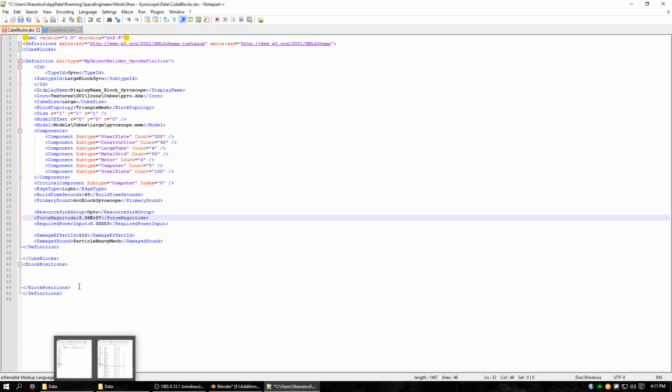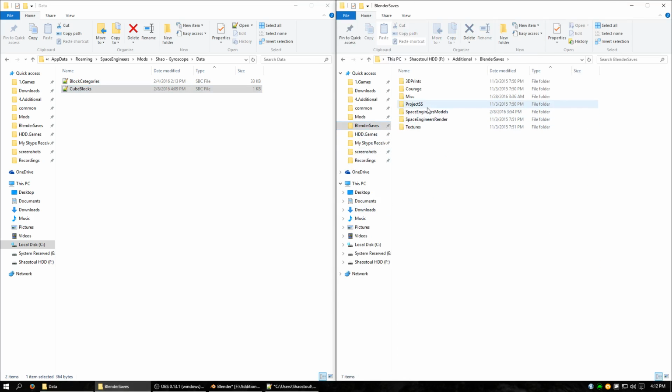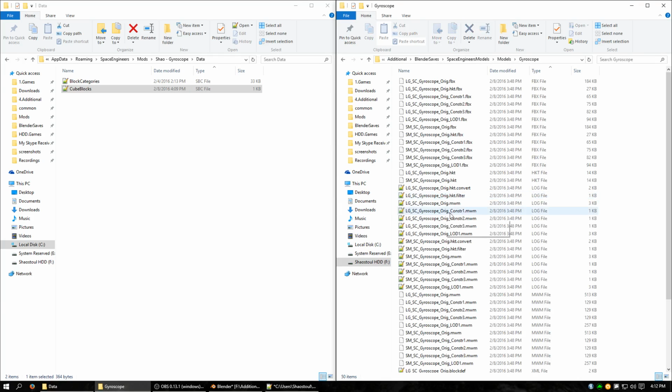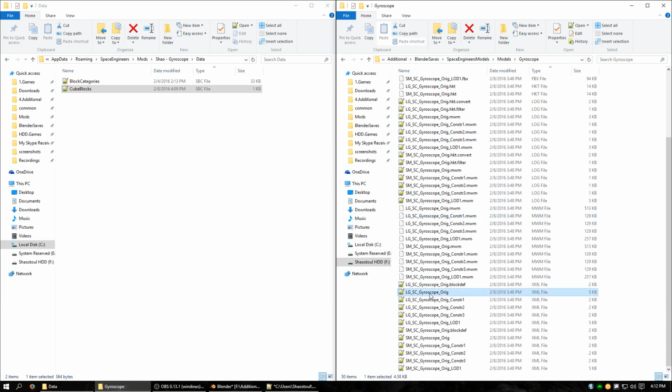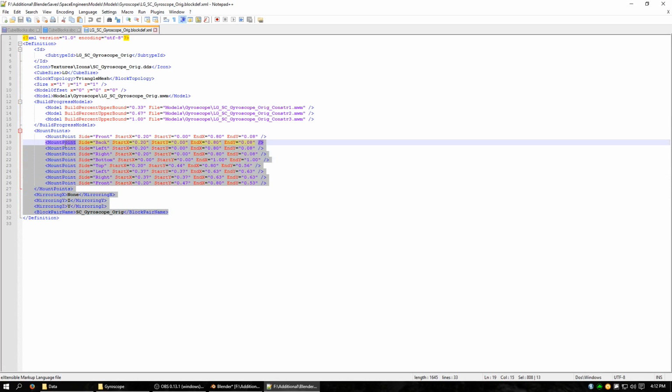And I want to make sure that you get your block imported into this. So we'll go to Blender Saves, Space Engineers Models, Gyroscope, and we're just going to make a large block at the moment. So I'm going to select the LG gyroscope. I'm going to open that up, and here we can see our build progress models, our mount points, our mirroring, and our block pair name. So I'm going to go ahead and just copy all of this,